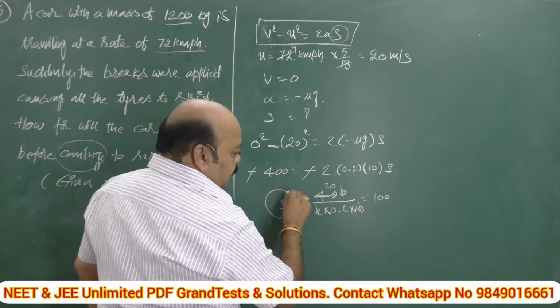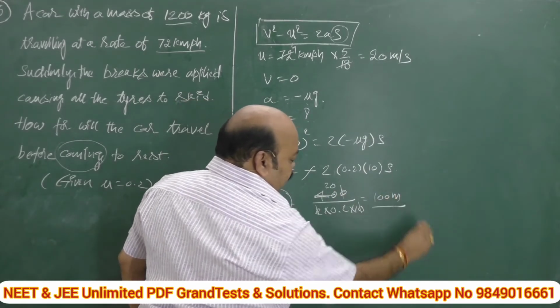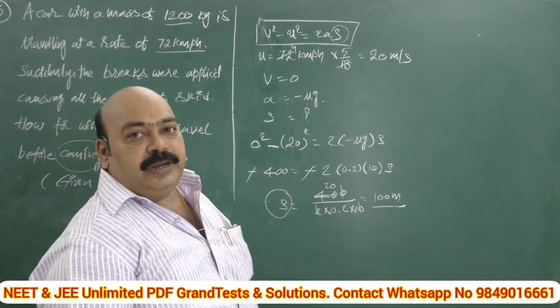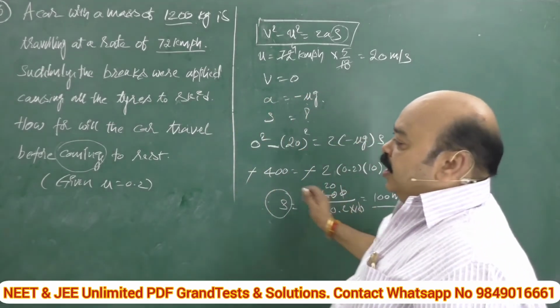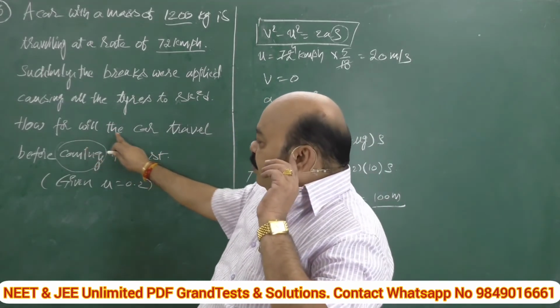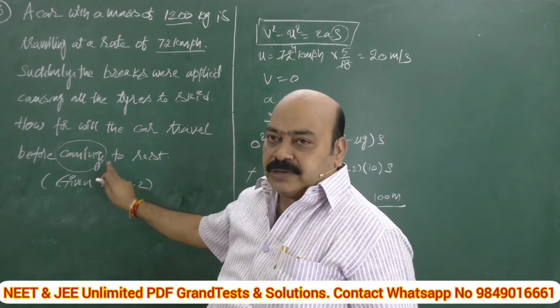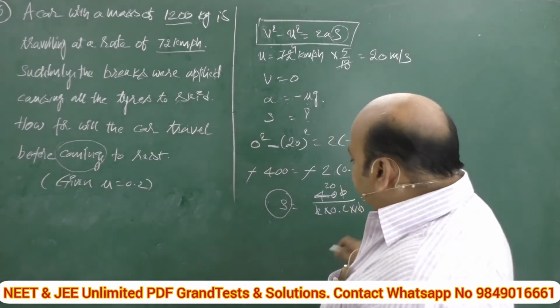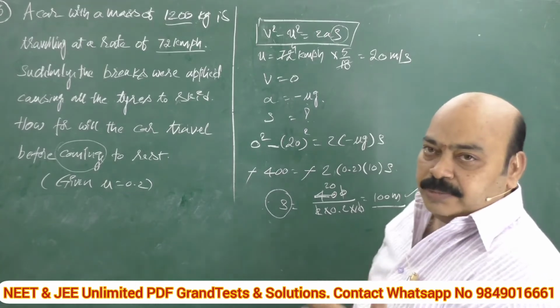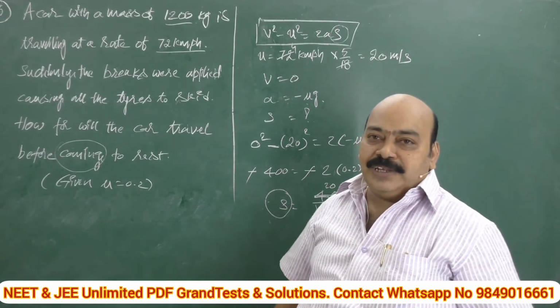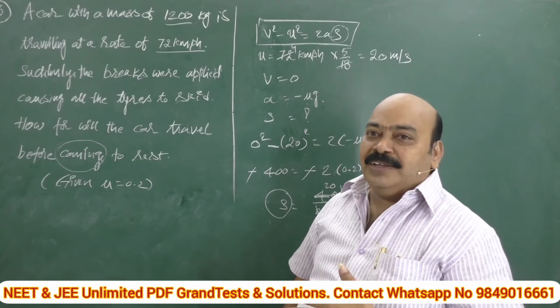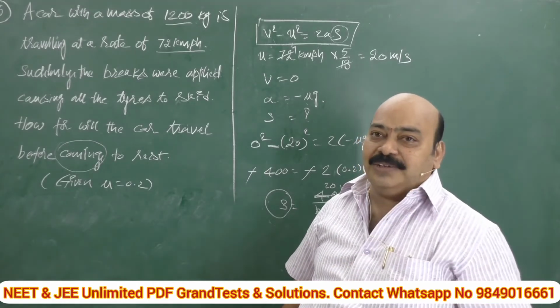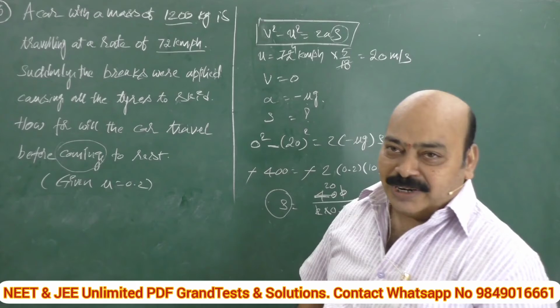Since it is distance, be alert, it is nothing but meter. The unit of distance is meter. Since it is in the SI system, meter is the unit of this. So, what is the question? How far will the car travel before coming to rest? The car will travel a distance of 100 meters before coming to rest. My sincere comment is, it is a very bad car, because a distance of 100 meters is a very long distance. So okay, mind this.